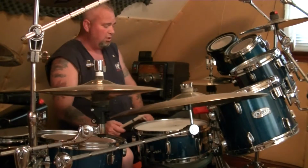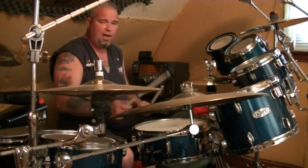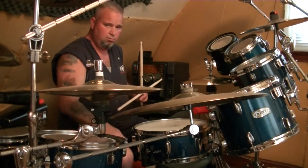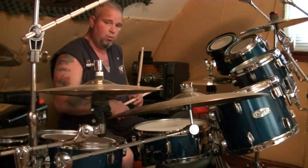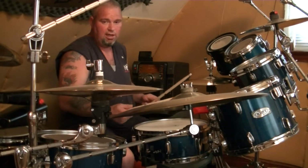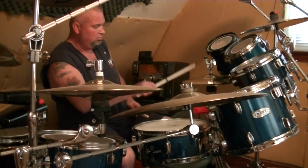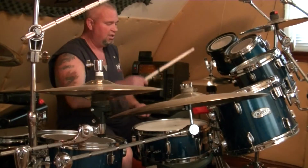Some of the other questions that I got was, how do I do the hi-hat with the chops? And I always use the chop with the bass drum as a like one and. So to get the sound, you just lift the stick up, you lift up this, and then once you get past that, it's...